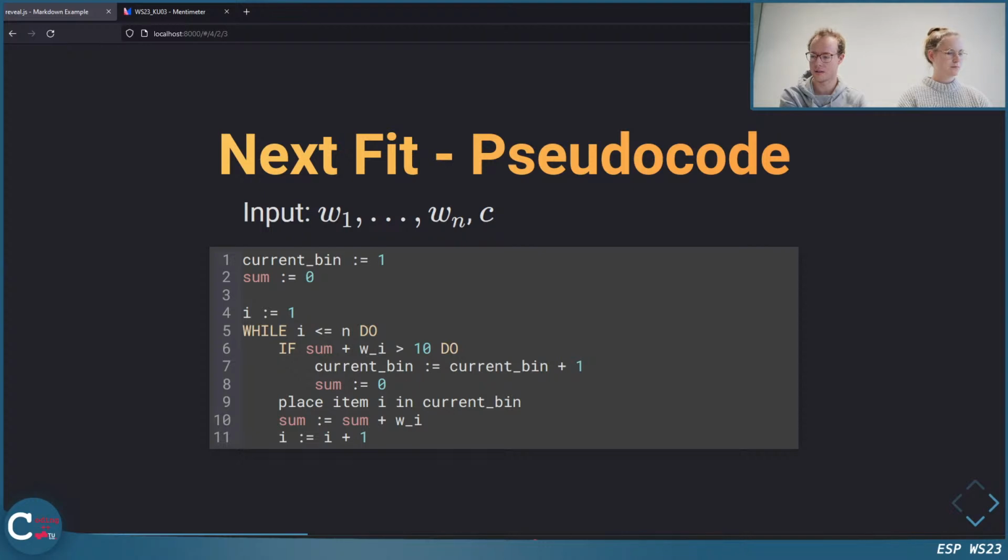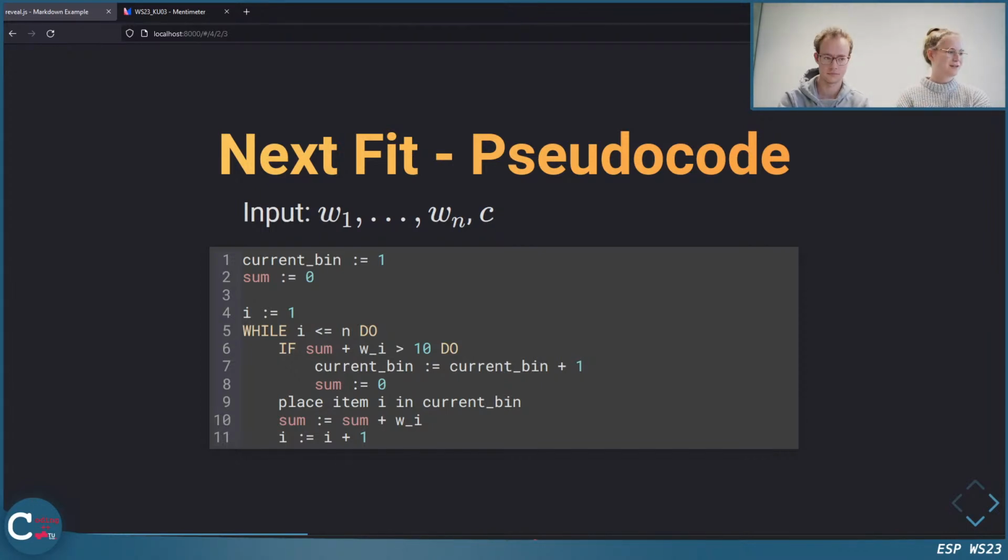And because I see maybe this is just some pseudocode, so there is not really some specific format behind it. It's just a pseudocode. Is that clear to you, or do you have any questions regarding the next fit algorithm or the pseudocode of next fit, or is everything clear?